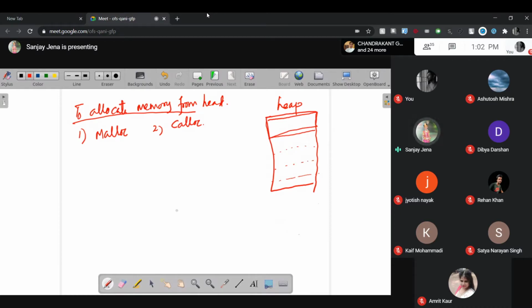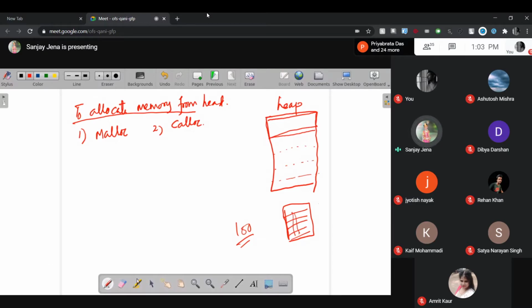Number two. Have you seen any apartment? Yes, sir. Your land is permanent. Allocate the apartment, first floor, second floor, third floor, fifth floor, sixth floor. Over. Again, after 100 years, let the plan change or the lease period over. Completely destroy the apartment. Again, the land is there. Again, allocate for another kind of apartment. Again. That is actually the real purpose of heap.